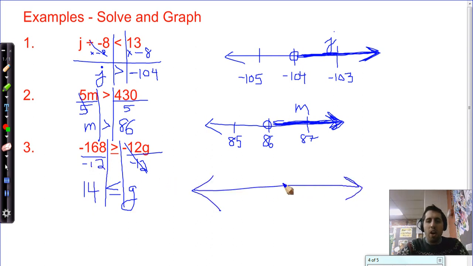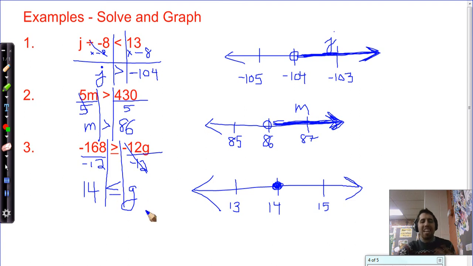Again, we're going to plot this answer on a number line. The number we're focused on is 14. 1 less is 13. 1 more is 15. And what we need to know here is we're going to fill in the circle. But the last thing we need to know is that,